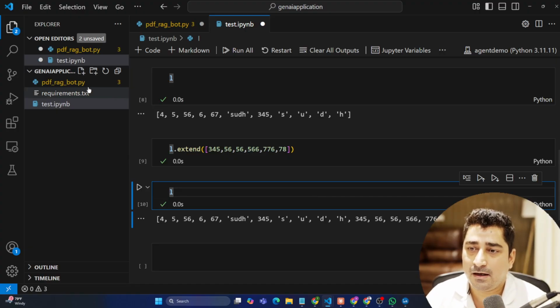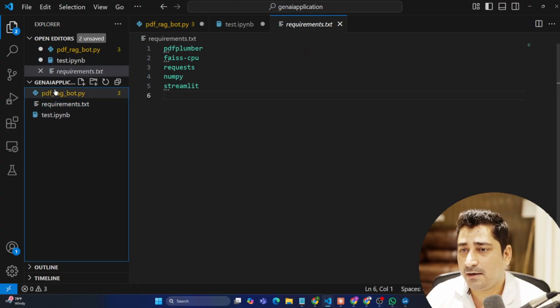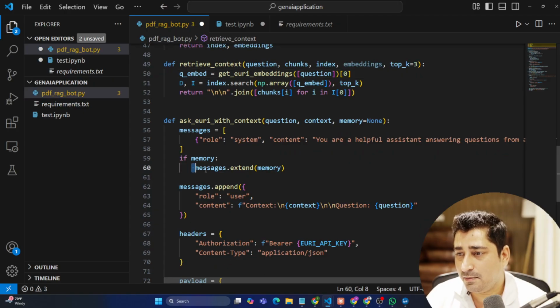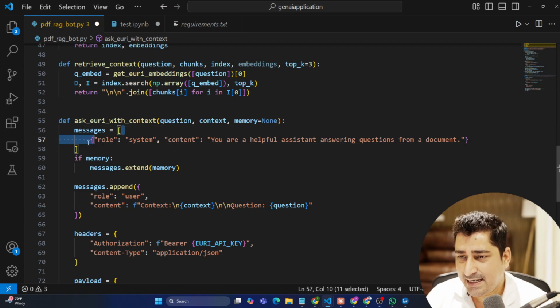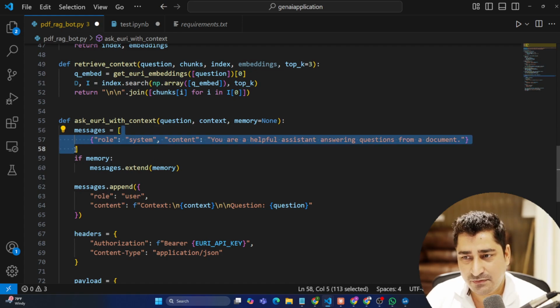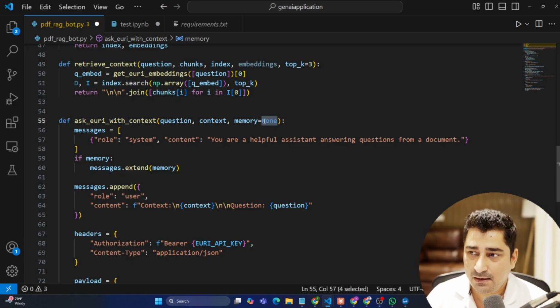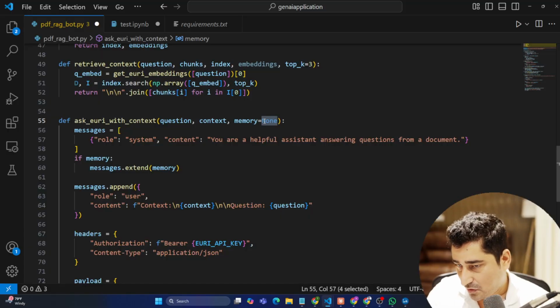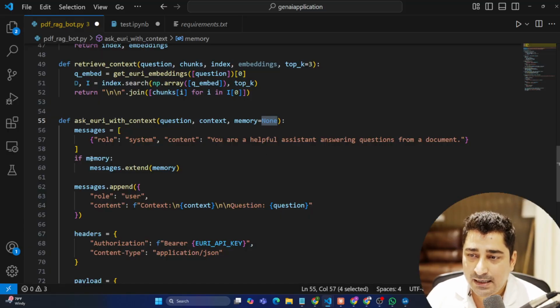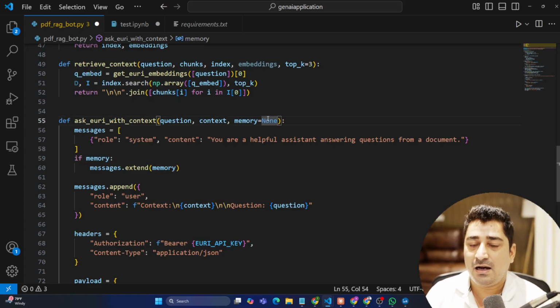So here, what we are trying to do is call the extend. So message.extend. Initially message will be this inside a list, as you can see. Inside the list, we have a message. And then if memory: as of now, memory is equal to None, but I'm going to pass that conversational memory parameter when I call all of these functions. At that point of time, if memory, so if it is yes,